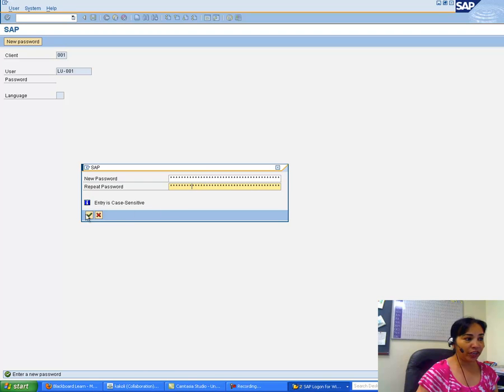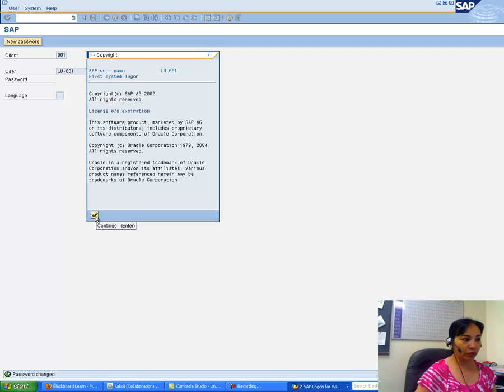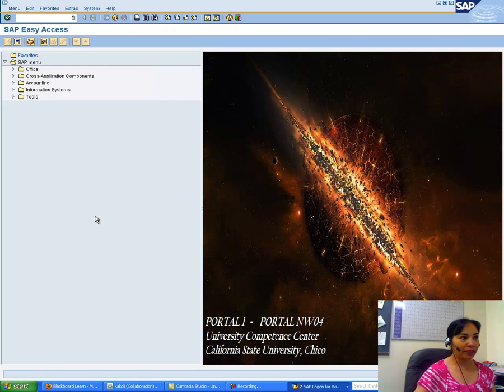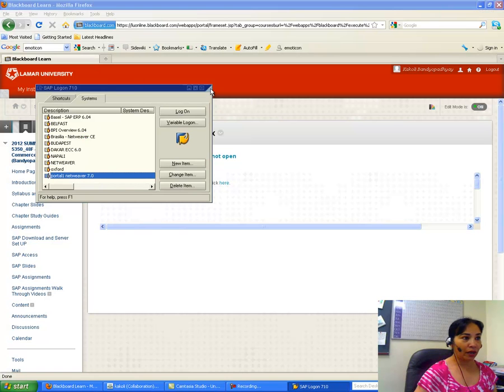And please remember your changed password. This is going to be your password for the rest of the work. So write down your changed password, you log in, and then you do continue, and then it takes you here. Once you are here, you can just log out of the whole system and you are done with